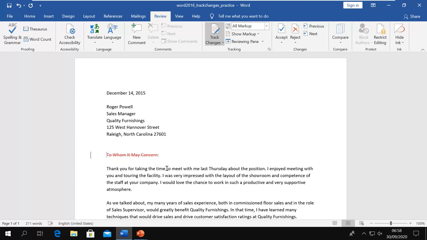And I say it should be like, Dear Mr. Now you can see that the text I added is shown underlined, and the text I removed is crossed out or struck out. So the original is not removed, and it also shows what I added there.